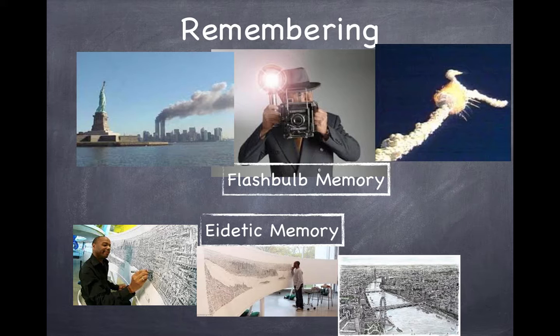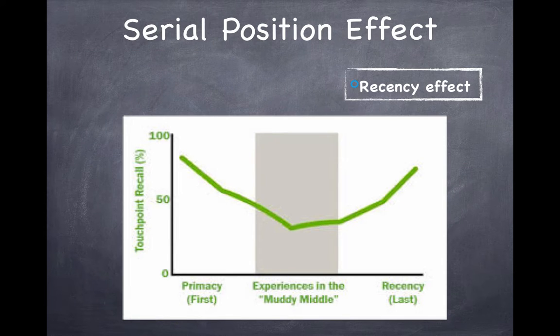Now, let's look at some of the effects about how we remember and things that affect that process. Now, we're going to look at what's called serial position effect. And I'll put them both up there. We have primacy effect and recency effect. The serial position effect is the tendency to remember the first and the last bits of information more accurately than the middle items in a sequence of information. So the tendency to remember the beginning series is called primacy effect, and the recency effect is the tendency to remember information which is most recently exposed to, or the last part.